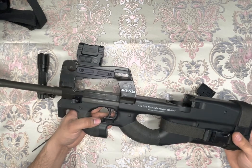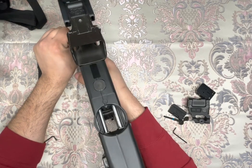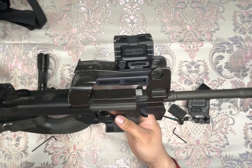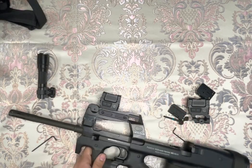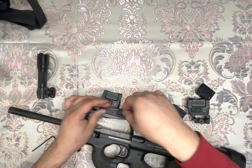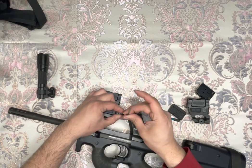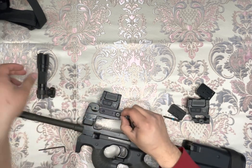M-LOK and the Holosun. Empty. And I like the height. It's a pretty interesting and likable setup that I like very much. And then with this M-LOK, I like to put this sling mount up here. And this light